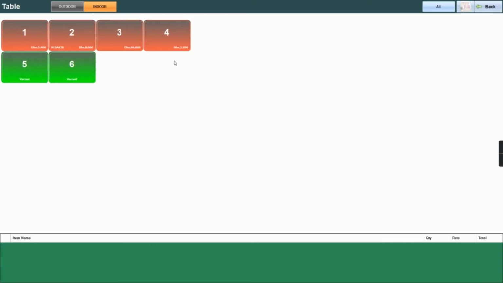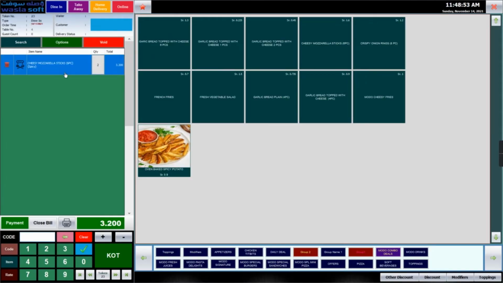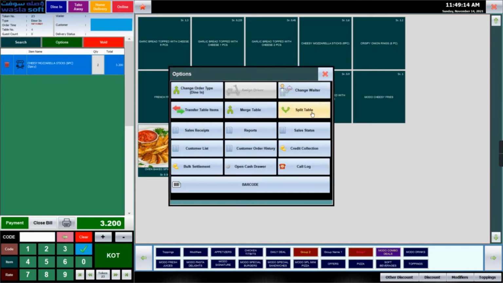Under dining, you can see now that table 4 is occupied. If you want to split a table, like if more than one person is sitting at a particular table with different items and different billing, you can click on options. Now you are going to split table number 4 into one more, so go to options and split the table.